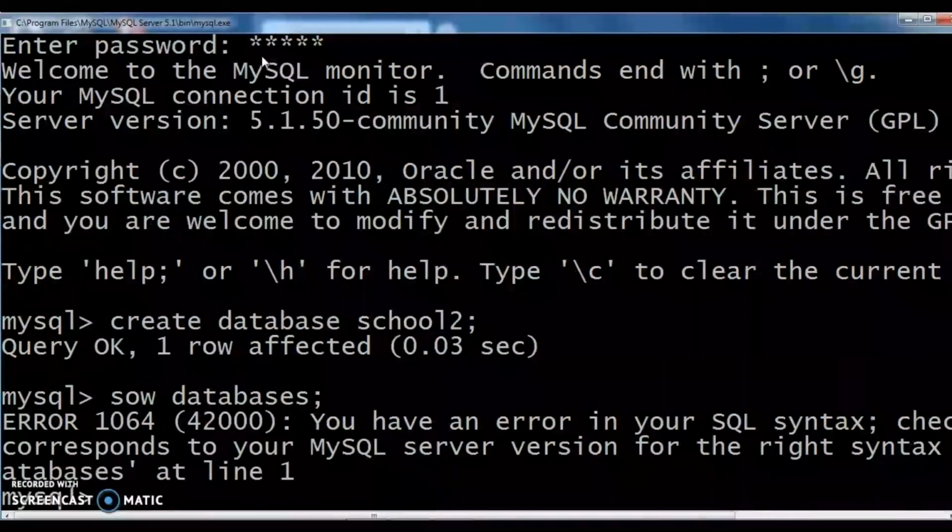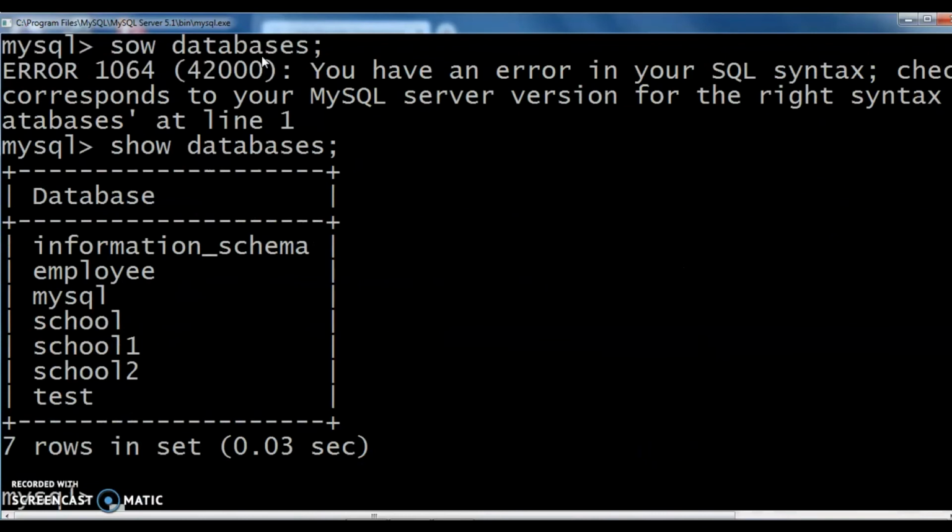Now we can check if the database is created or not. For that, we can use show databases. Then we created the school 2 database. Inside this, we can create our own tables.